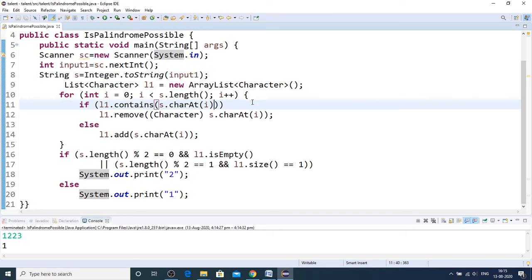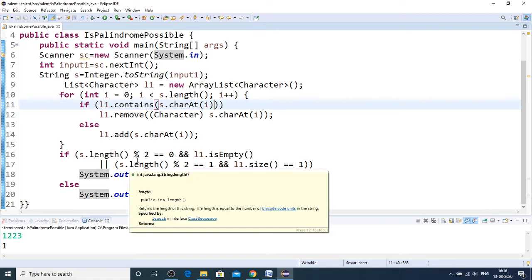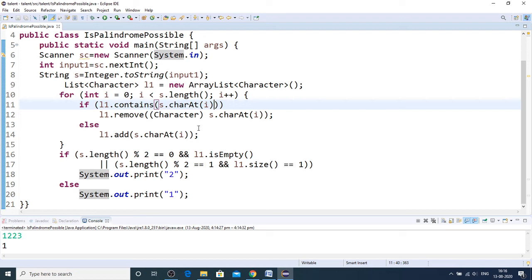If that particular character is contained in the list, then I am just removing that particular character from the list. And if that character is not found, then I'm just adding it to the list.